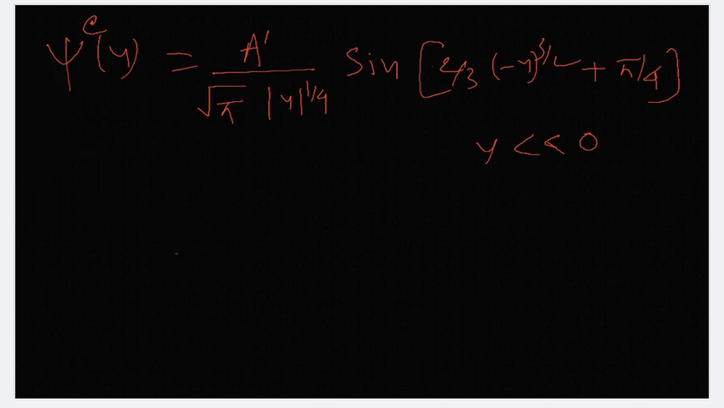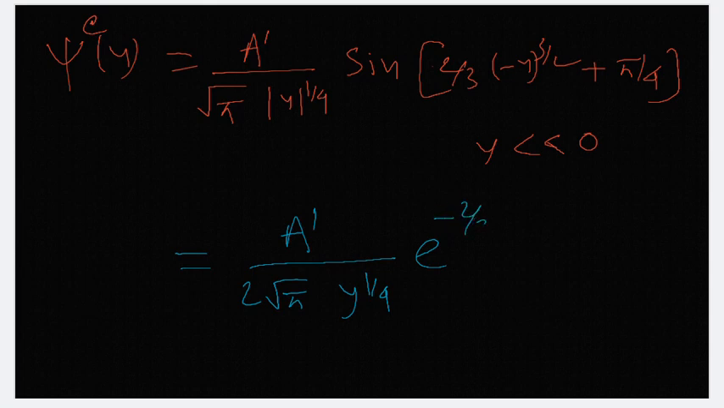And it equals root pi, 2 root pi, y to the power 1 by 4, e to the power minus 2 by 3 y to the power 3 by 2, when y greater than 0. Okay, so this is our connecting wave function, and the form of this one in the desired limit,